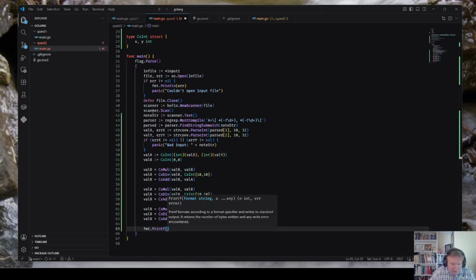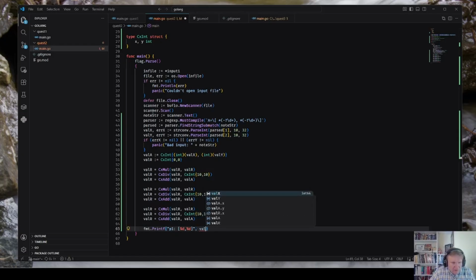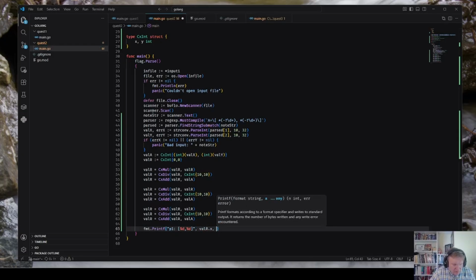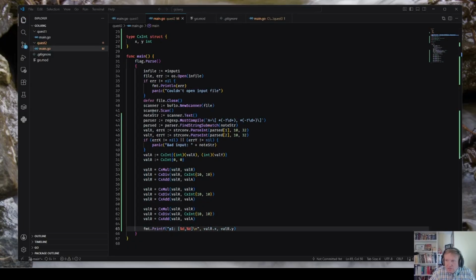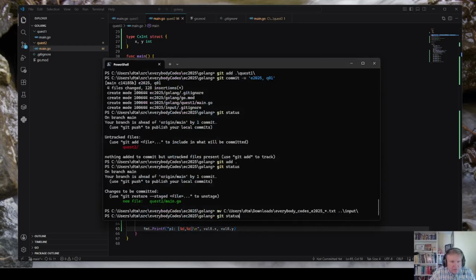printf p1 colon bracket val r dot x. Okay, looks good to me.